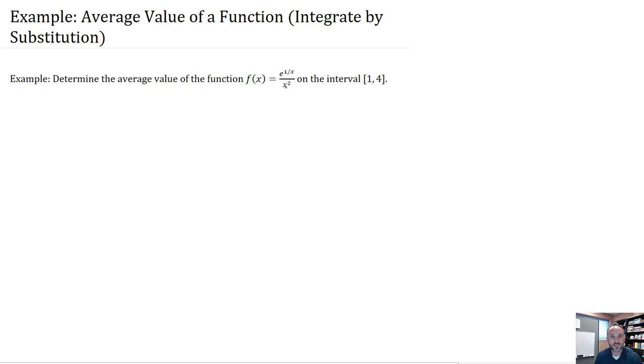And we know this function is continuous everywhere but at x equals 0. And so it is certainly continuous on this closed interval from 1 to 4. Okay, so that's important because the mean value theorem for integrals says if this function is continuous on the closed interval, then we know there's a c such that